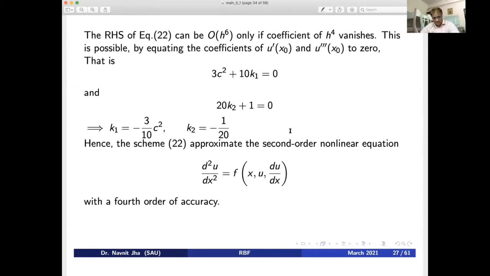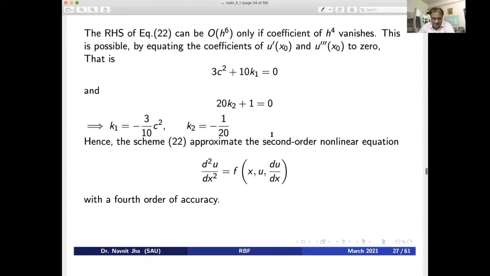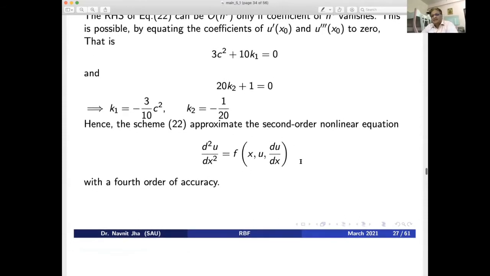So for the method we have derived, if we use Dirichlet type boundary condition, we straight away get a tridiagonal matrix system if F is linear. If F is non-linear, in that case, we get a tridiagonal Jacobian, because in the non-linear case, you have to use this Jacobian kind of thing. Now, I will use this method for